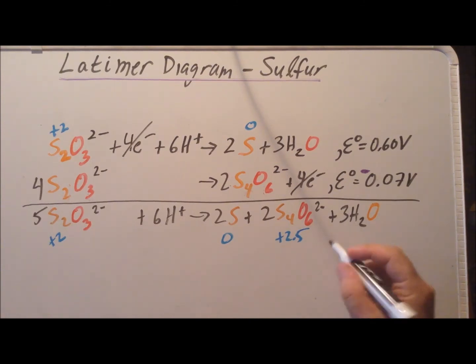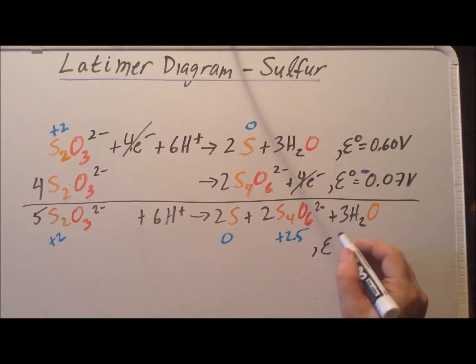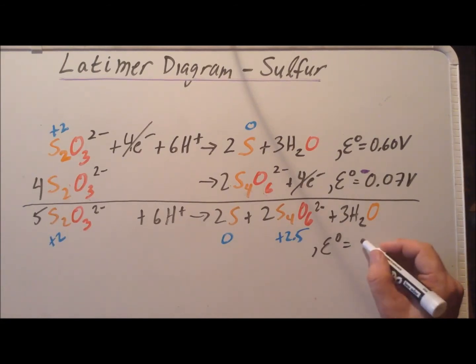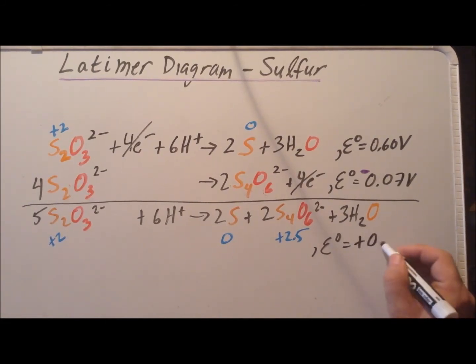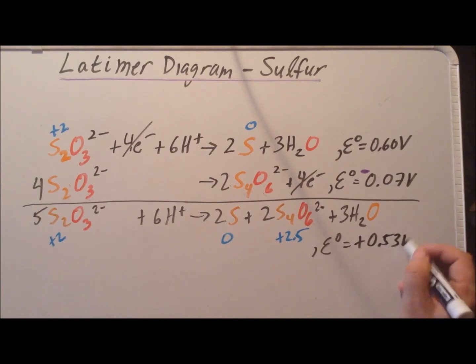Now we can figure out the overall cell potential of this reaction in acidic solution by adding the two values up here. So we have 0.60 volts and negative 0.07. So that gives us a value of plus 0.53 volts. And since this is a complete cell reaction, not just a half reaction, we can interpret the positive value the following way. It tells us that this particular reaction is going to be spontaneous under standard conditions,